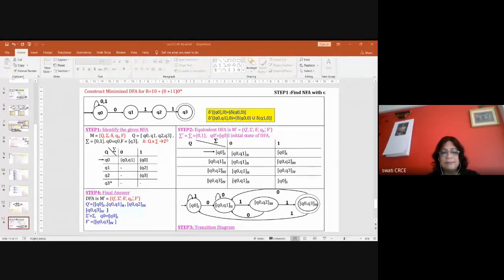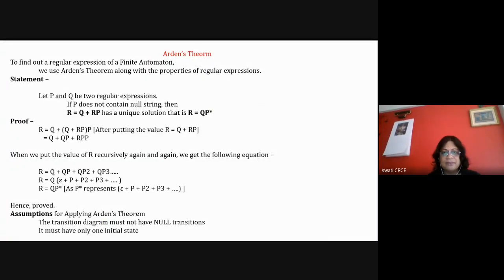Okay, so this covers a major part of your syllabus. Now we are going to learn about Arden's theorem, which is a small topic. Actually, I have created 4 or 5 problems, but there is no need to take each and every problem. In the tutorial, I have also asked you to solve 2 problems on Arden's theorem. So I am teaching you the last 2 problems of your tutorial, how to solve them. So again a new topic. The new topic is about Arden's theorem.